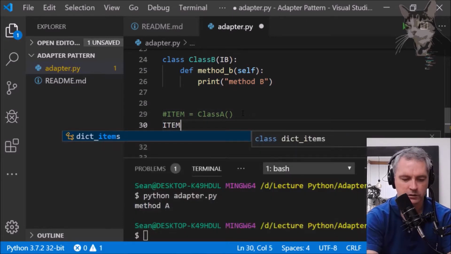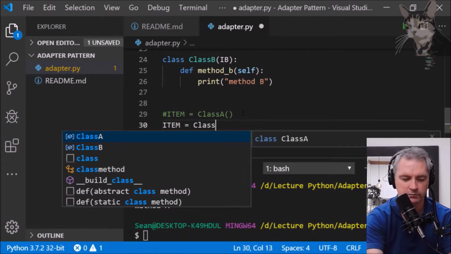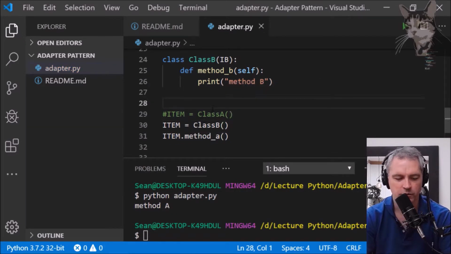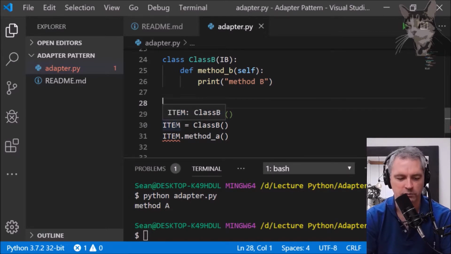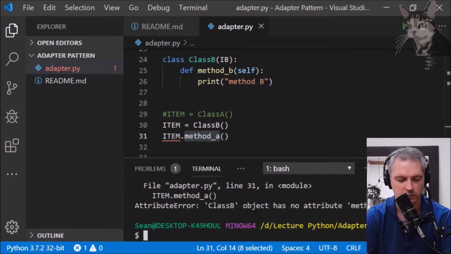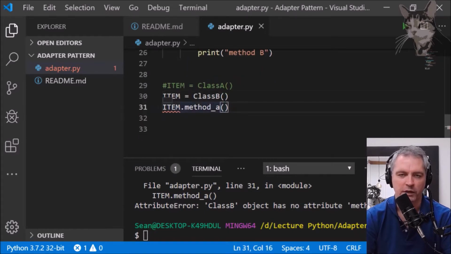So my factory is now going to return, say it's going to return a Class B. And further on down the line, when I actually call the item's methods, it breaks because it doesn't have a method A. So let's have a look at that. So python adapter.py. Well, Class B has no attribute method A. But we need it to have a method A because subclasses and other processes down the line need a method A. So what I'm going to do is create the adapter now,